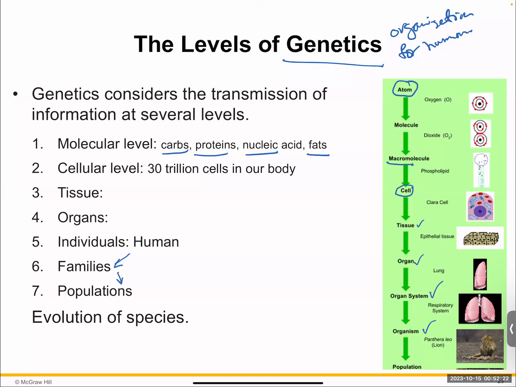And when we're talking about the evolution and the changing, we want to think about evolution of a species. So humans are a species called Homo sapiens. So we will look at the species as they evolve. And remember, again, the evolution always starts at the most basic level and then works its way all the way to the population.